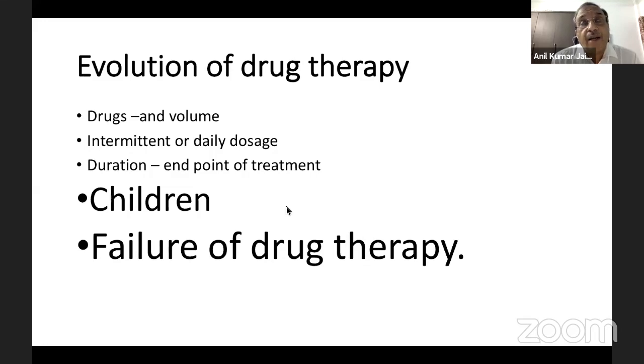Now, children, the same drugs are to be given. The only thing is that you have to calculate the volume of the ATT drug based on the weight of the child. Every child's ATT has to be customized. And another important thing, these children, once they are put on ATT, gain weight. So on every visit, at least every 2 months, you have to ensure that your ATT